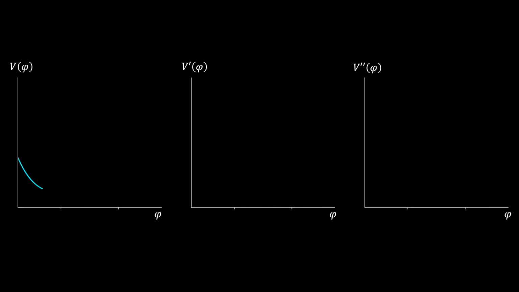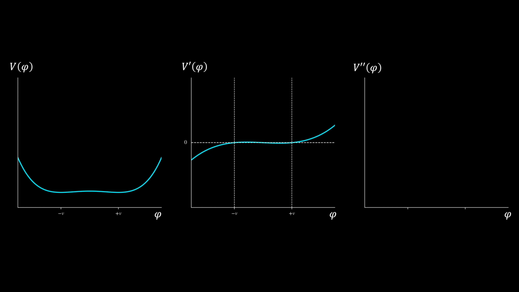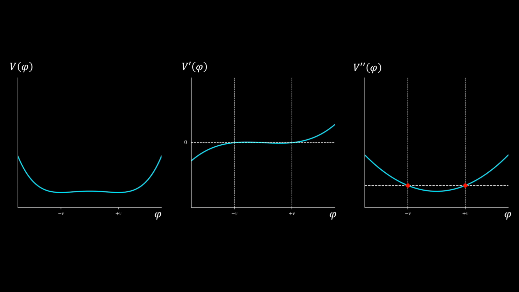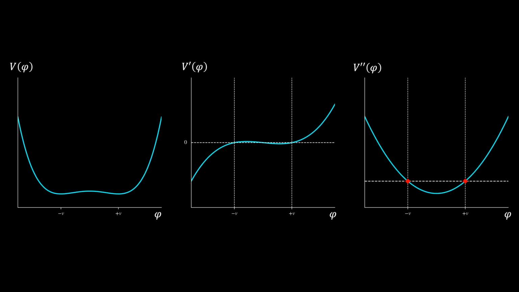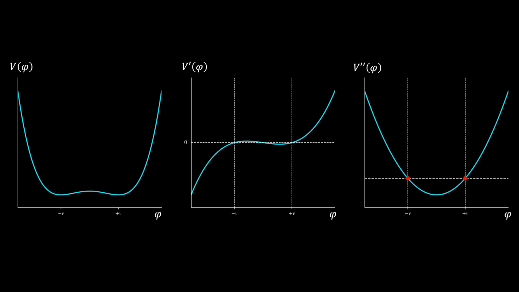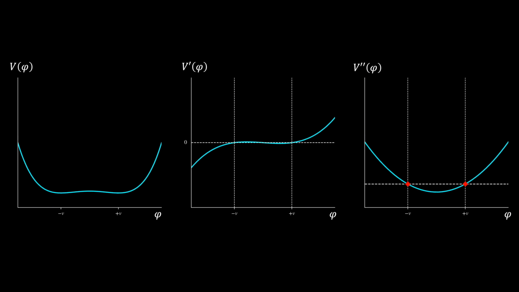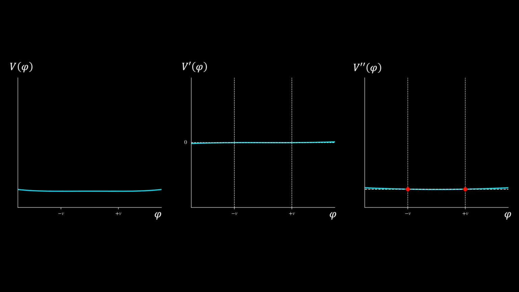We first sketch the Mexican hat potential in the first subplot. Next, we plot its slope in the second subplot and mark the points at plus v and minus v where the slope is 0. Those are the average resting values of the Higgs field. Finally, we take the slope of that slope, the curvature, and this is what you can see plotted in the rightmost subplot. Now, if we allow the steepness of the Mexican hat potential in the first plot to change, we can see the effect this has on the slope and curvature at v, and this will therefore have an influence on the mass of the Higgs boson itself.